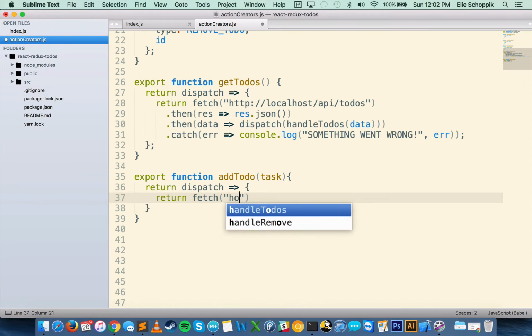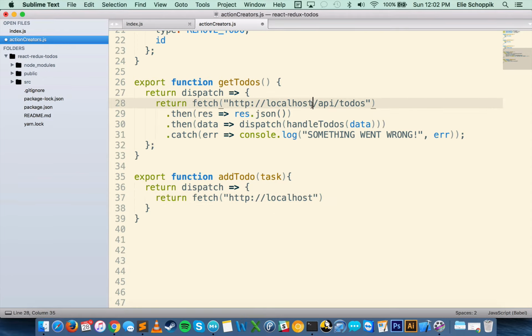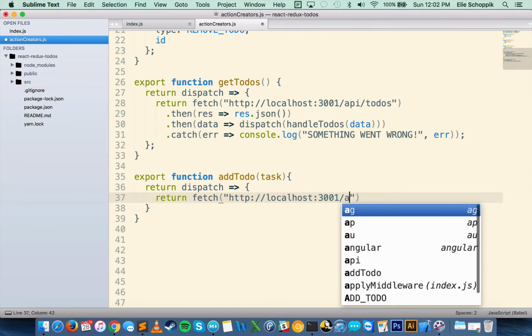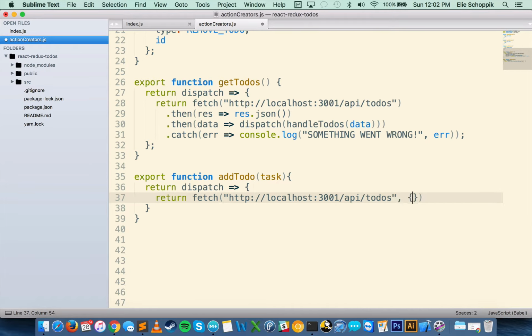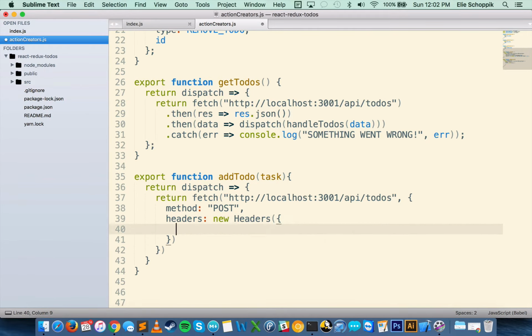But where are we going now? Well, same place, HTTP localhost, and it looks like I forgot the port number here. That's 3001. Localhost 3001/API/todos. But here we have to pass in a bit more information. We want a method of post. We want to pass in the correct headers. So we'll use some new headers. And inside of here, we want to make sure that we pass in a header of content type and a value of